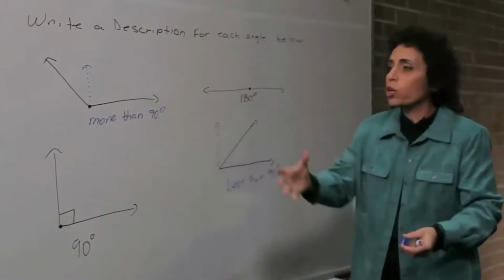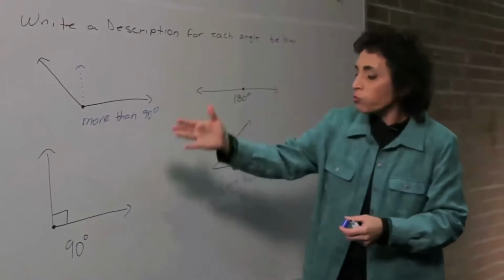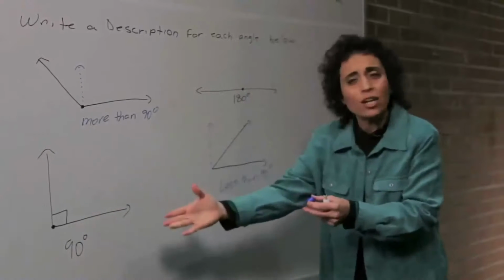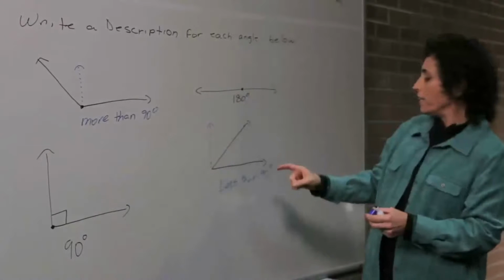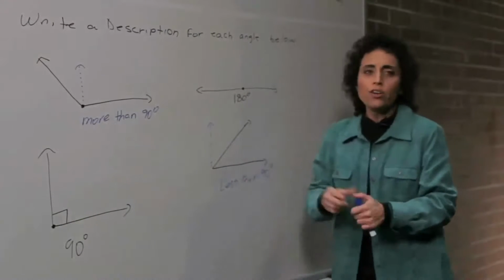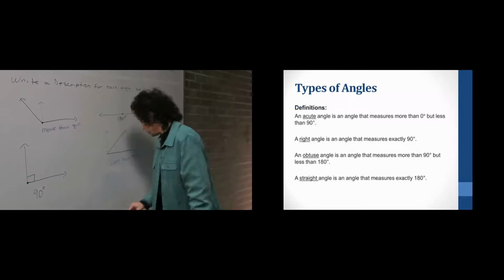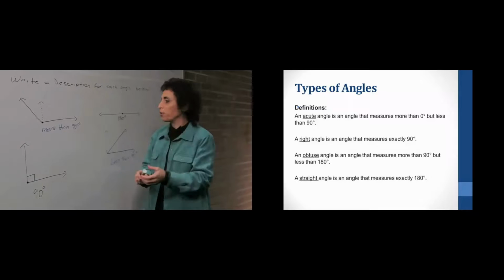So, because later on we're going to talk about other things, triangles, rectangles. And when I say 90-degree angle, instead of saying 90 degrees, there's another name for that. Or if I say less than 90, there's another name for that. So let's talk about those names. In your workbook, you will see the types of angles listed. One is the acute angle. Acute angle does not mean a very pretty angle.